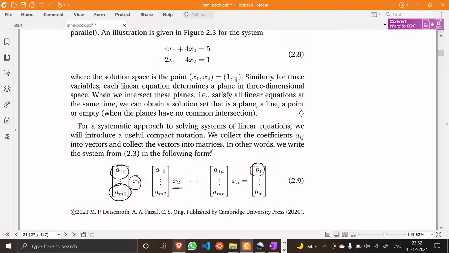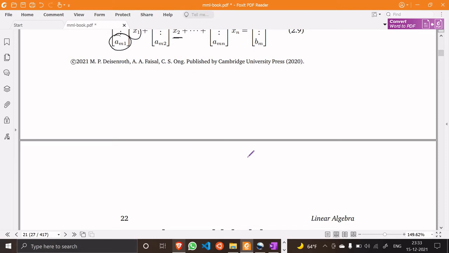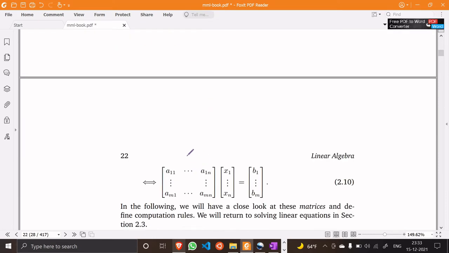So what do I mean by constant? So 5 will be equal to b1 in our example. Okay, this will be equal to b2. So this is how we'll represent a system of linear equations using vector, scalar multiplication and addition, right? So this idea is simple enough, and this translates to this particular equation.